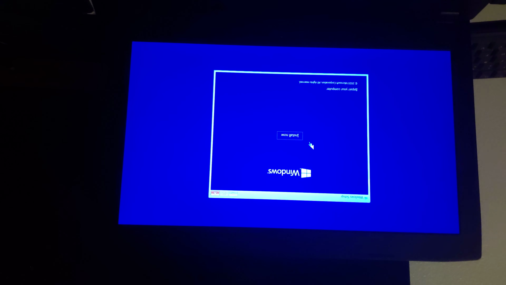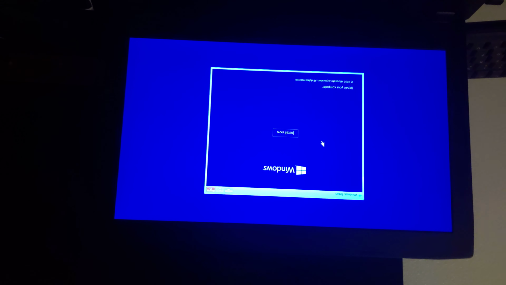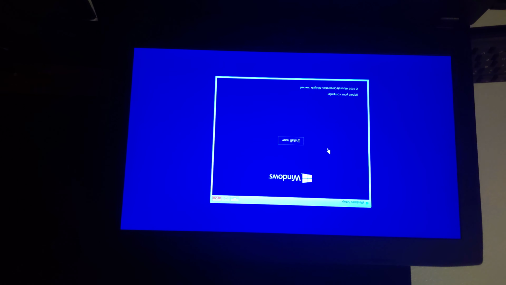If there are any prompts, just read them through. It's mostly configuration to make sure that what you're doing is proper and correct. And that's all you